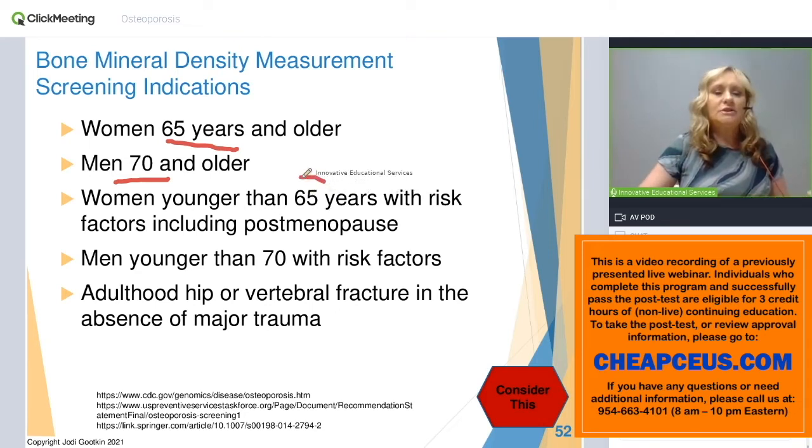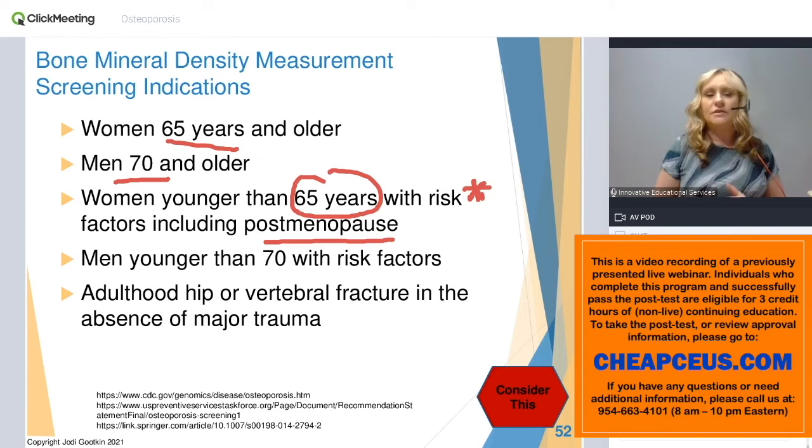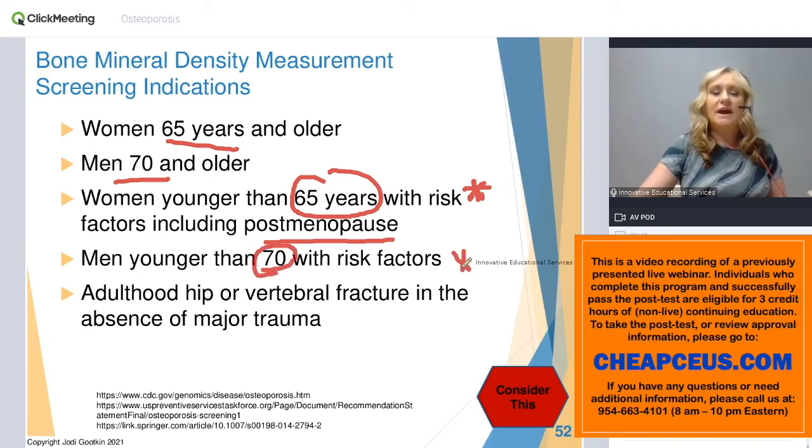Women who are under 65, if they have risk factors, should also be screened. So not only risk factors of postmenopause, but any of the other risk factors, concurrent conditions that we've discussed. Same thing with males, 70 years old with risk factors should have the actual diagnostic